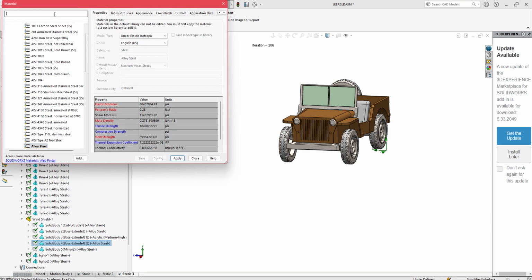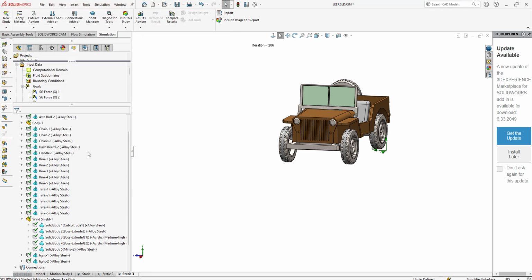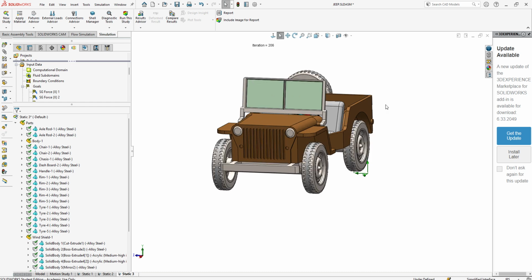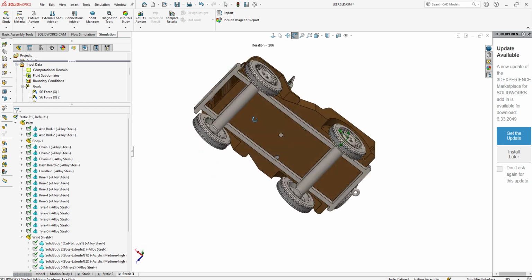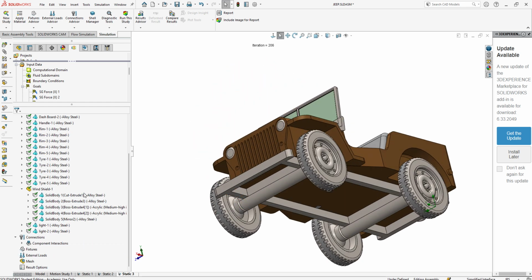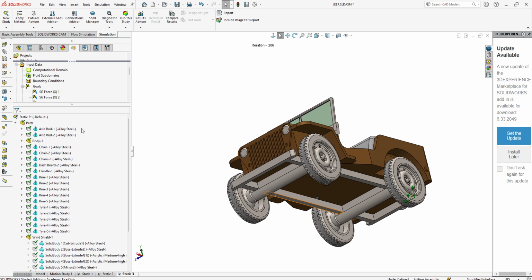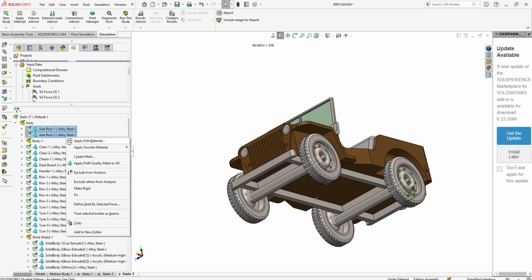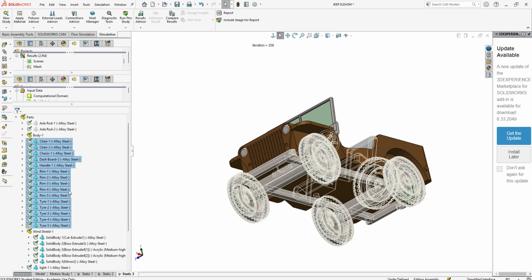Right click, apply, close. Now I don't want to spend too much simulation. Well, my computer will not be able to cope with that much of details in the geometry, and also we need to create some proper type of connections between the assembly. So I will keep some of the parts, and if I want to do some simulation, I would just highlight the things I want to exclude from the analysis. So this one will be excluded, the chairs and everything, the tires would be excluded,